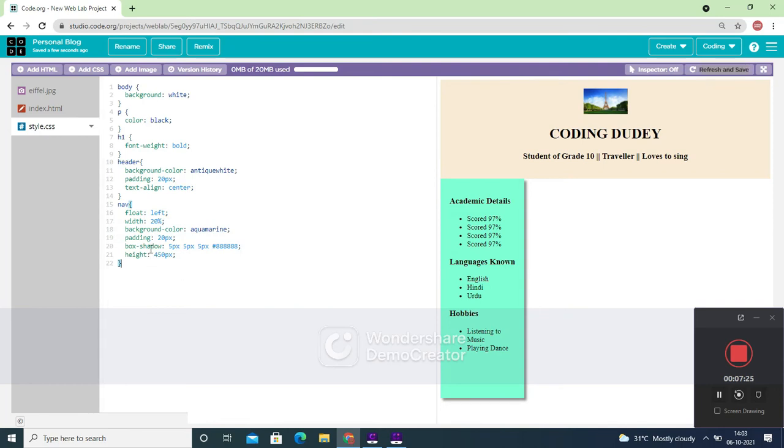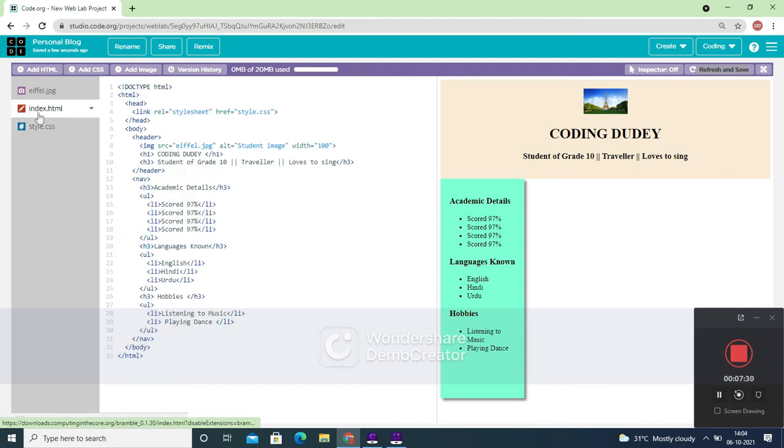Okay, the next one I'm going to give is the article. So after this, now I'm going to start something known as article bar article.